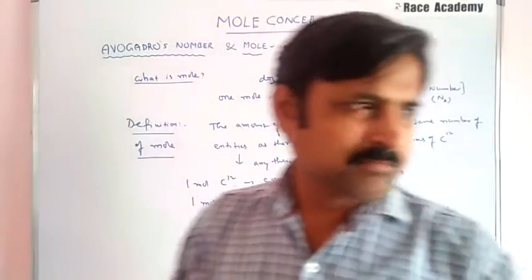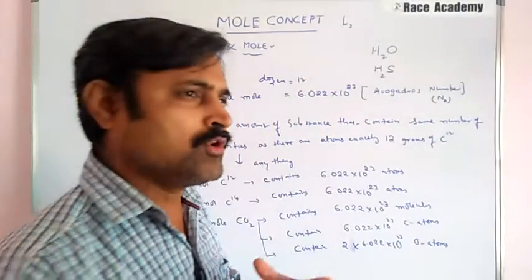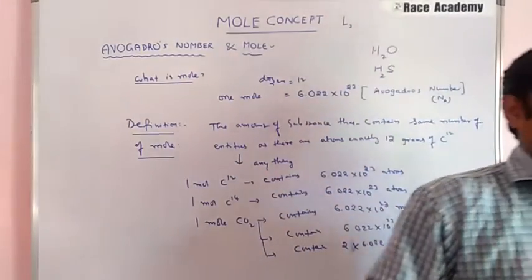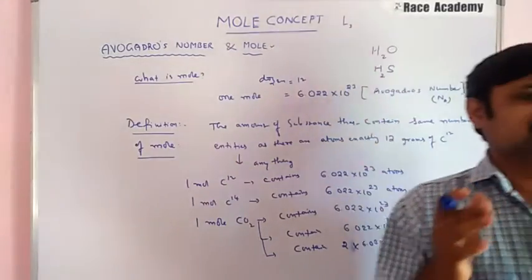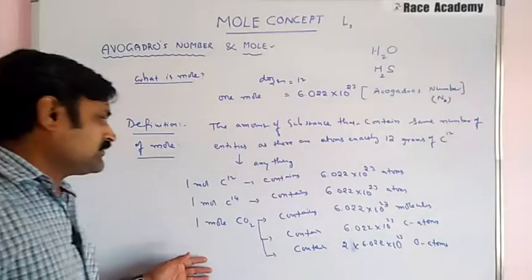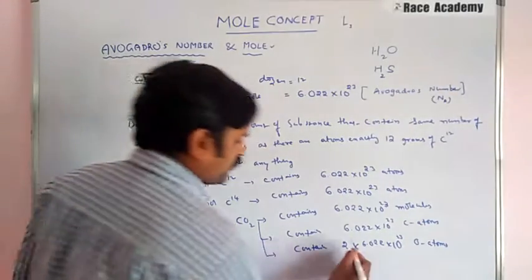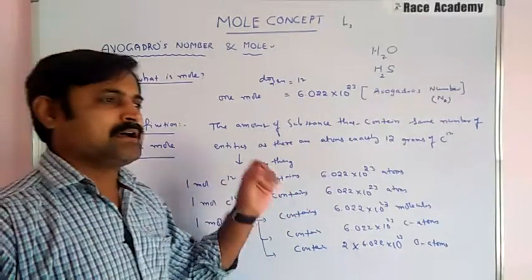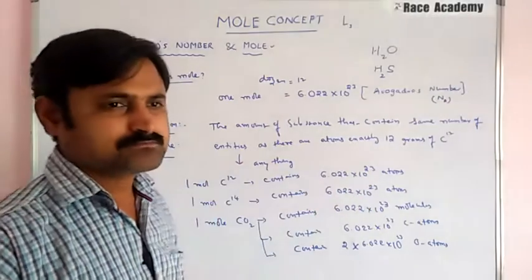This meaning is nothing but that if stacked as close as possible, it would cover the surface of the whole earth, mainly in kilometers deep. So when you directly come to the chemistry point of view, 1 mole of anything contains how many species? 6.022 into 10 to the power of 23.